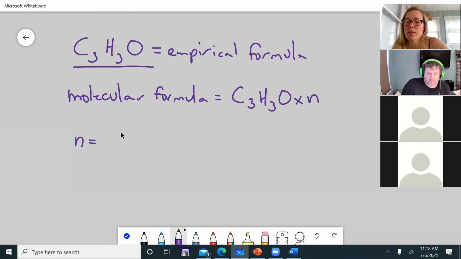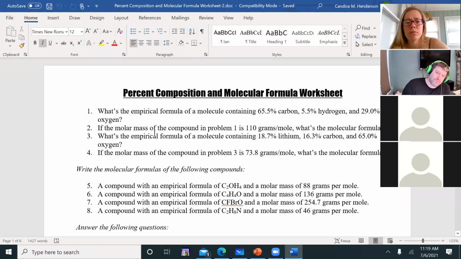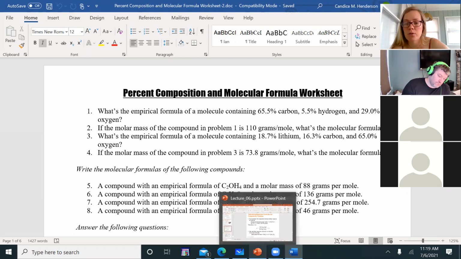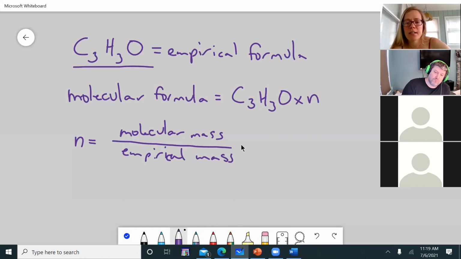So remember, n equals molecular mass over the empirical mass. I'm not a very good speller. Molecular mass, I said, is always given to you, so let's see if we can sniff it out in that problem. Right here, 110 grams. That's talking about the molecule as a whole. So let's just plug that in right away. This is going to equal 110 grams per mole